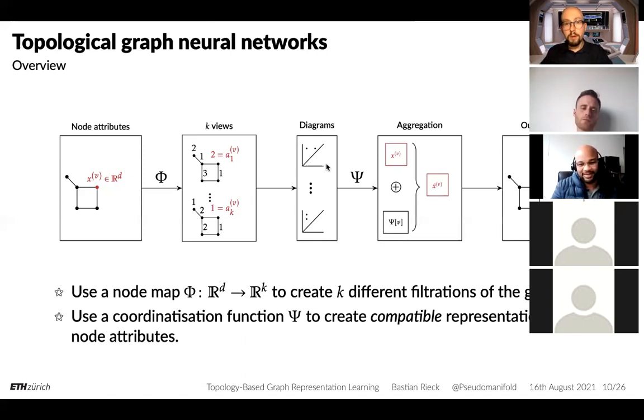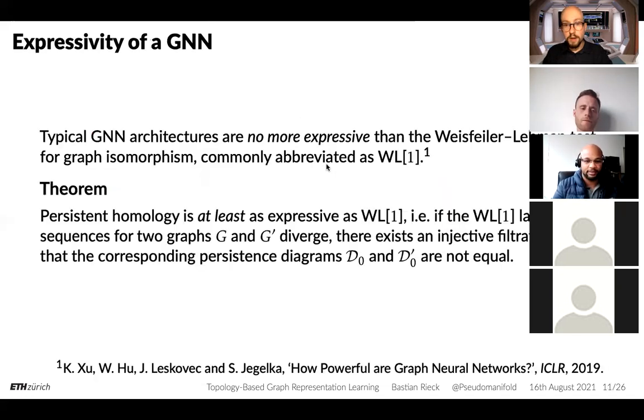You're welcome. Right. So moving on, I want to briefly talk about the expressivity of a GNN. Again, not so many details here because of the brevity, but the interesting thing that Xu et al. discovered in this ICLR paper that I also mentioned on this slide is that typical GNN architectures are actually no more expressive than the so-called Weisfeiler-Lehman test for graph isomorphism, commonly abbreviated as WL1. This WL1 test goes back quite some time. It was originally described in the late 60s or even late 70s. And in the beginning